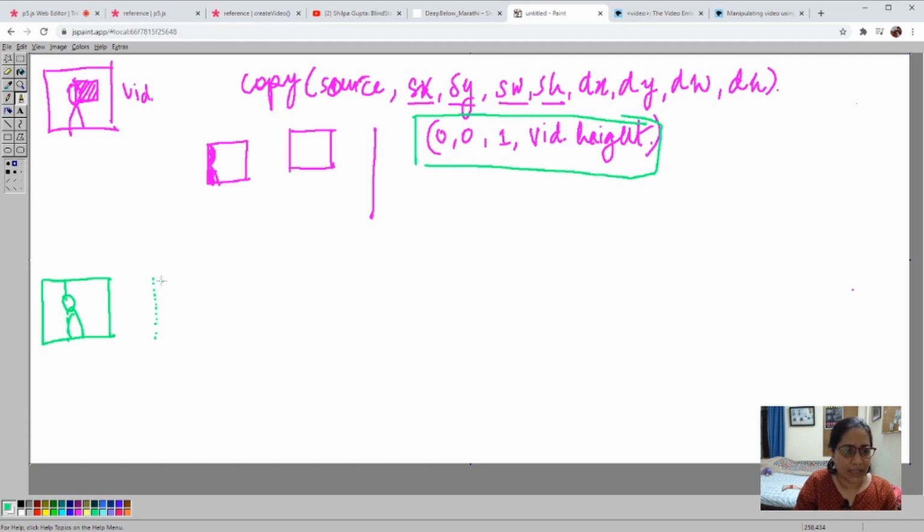But every time that I move, these data points will change.